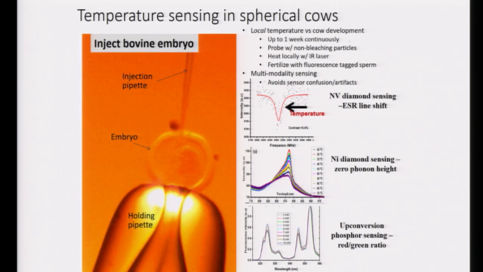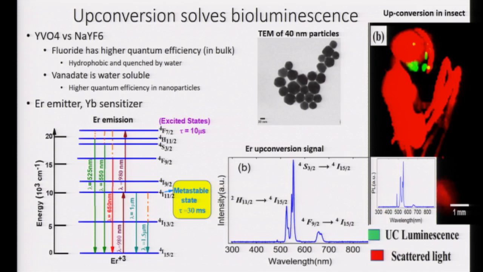Of course, once you start working with upconversion particles, you find out that they're really useful for a lot of things. And one of them is imaging things that are fluorescent. So many years ago, I decided to use nanodiamonds to image neurons in roaches. And I got a hold of some roaches. We injected some nanodiamonds, and we put them under the microscope. We said, wow, we're going to look at the brain. And it turns out we couldn't see the nitrogen vacancies because there was so much fluorescence from the roach brains